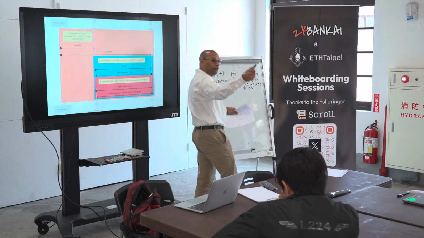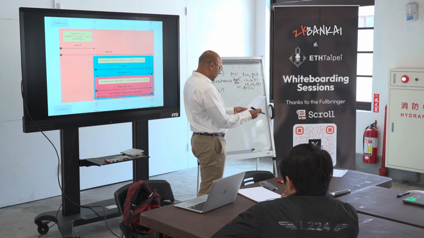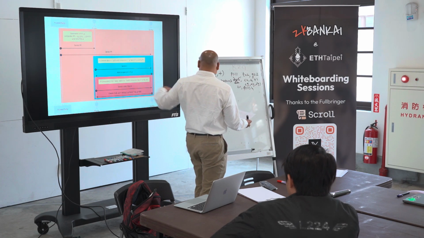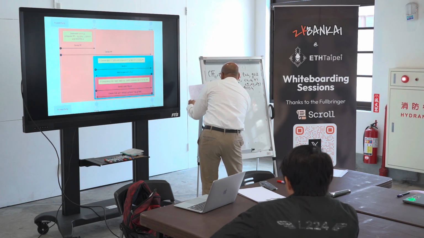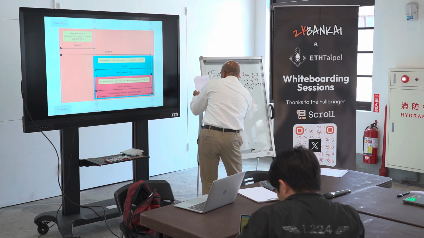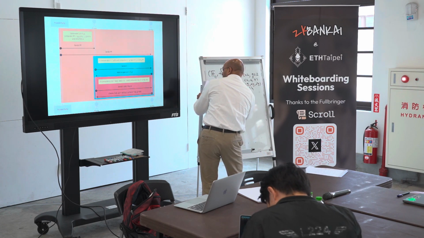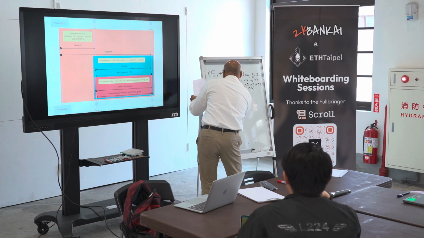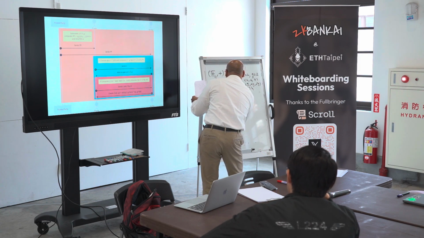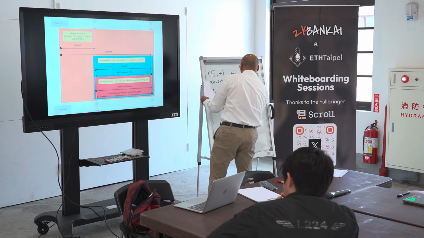So this one the verifier has. Now we need to calculate this expression, right? Basically, commitment V is equal to commitment